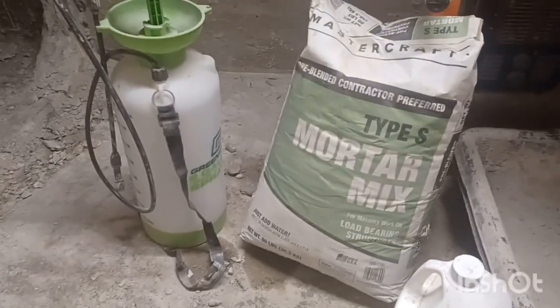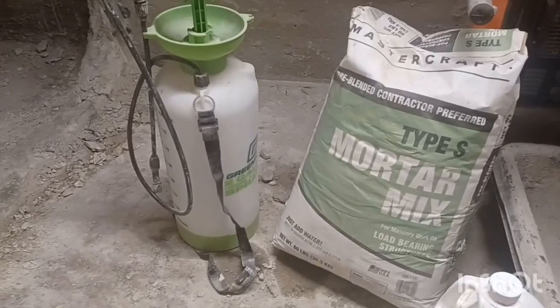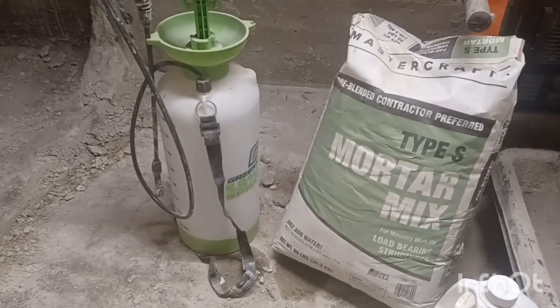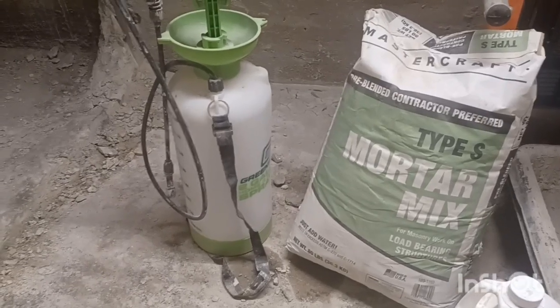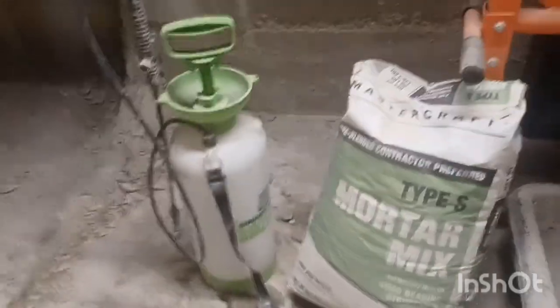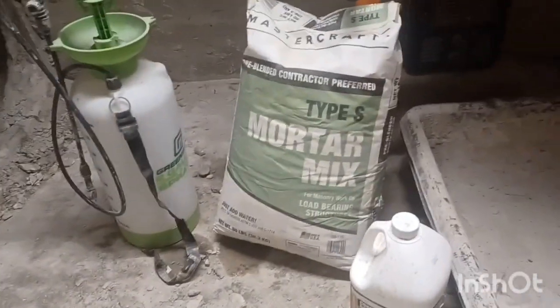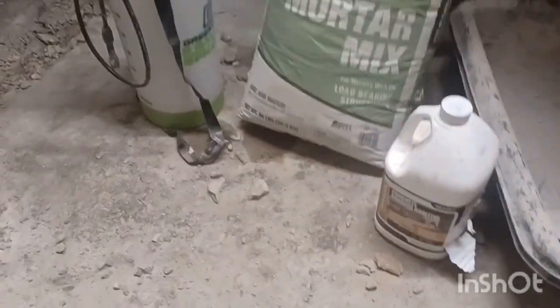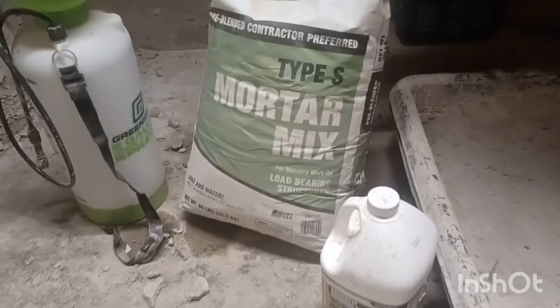And another thing you want to do is have a sprayer. It's a garden type sprayer used for water. You want to make sure the walls are wet, and that way the mortar sticks a lot better. This is just a 2-gallon sprayer here. It works great. And another thing that's critical too is you want to have a bonding agent